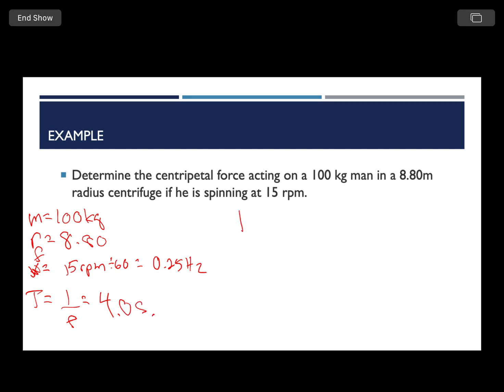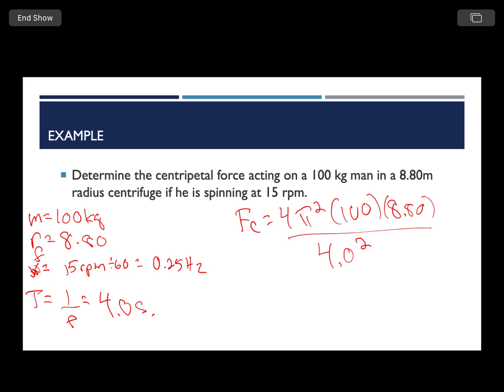All right, so I'm just going to use this formula here. Now, like I said, I could have used the formula with the frequency. I chose to use the one with the period. The answer is 2170